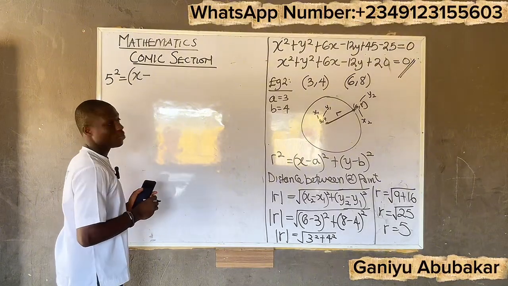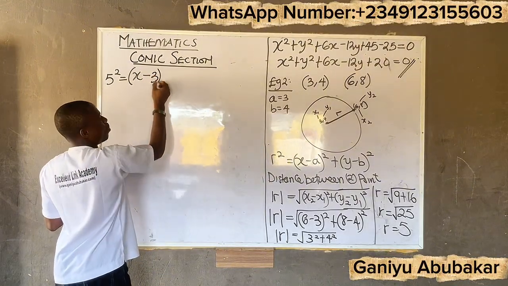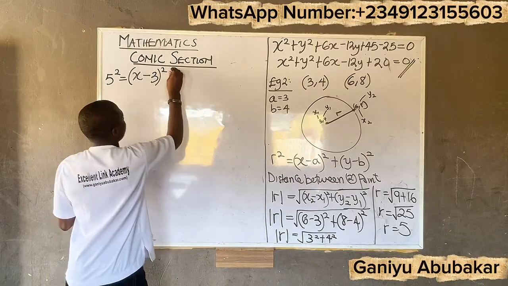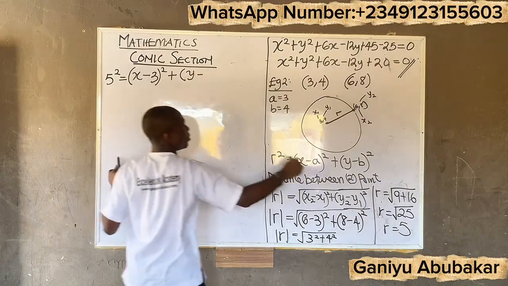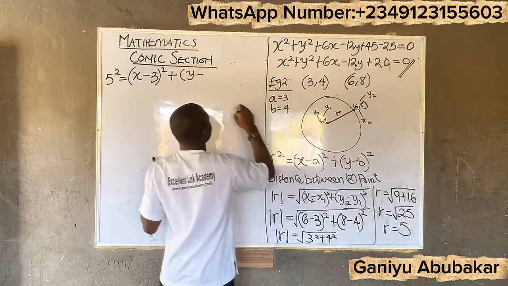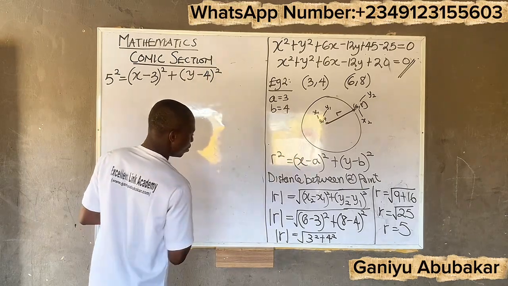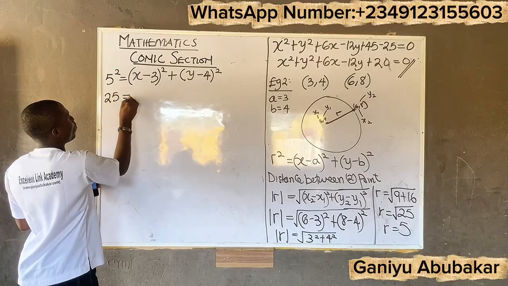Alright. So I have a has been 3. So that's 3 here. All squared plus into y minus, this is b. What's b? B is 4. All squared. Alright. So moving on, this gives you 25 equals